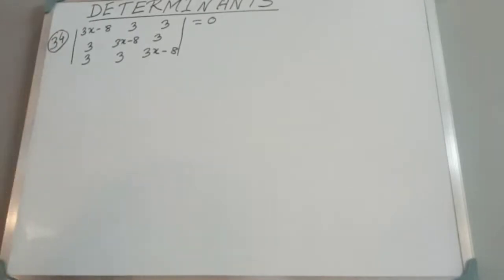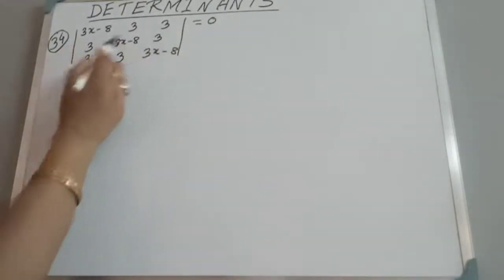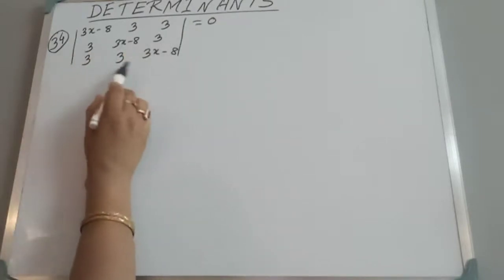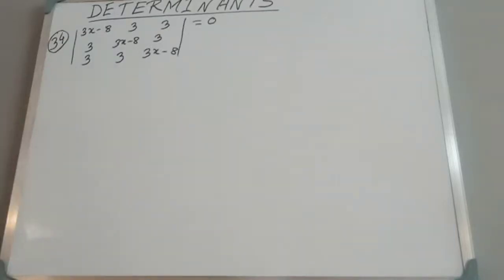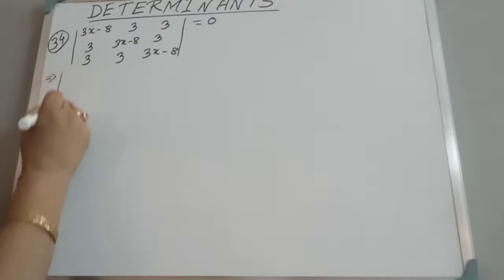Today I will start from sum number 34. Again it is solved. The determinant with first row 3x minus 8, 3, 3, second row 3, 3x minus 8, 3, and third row 3, 3, 3x minus 8 is equal to 0. This is given to us, we have to find the value of x. Which implies we will apply